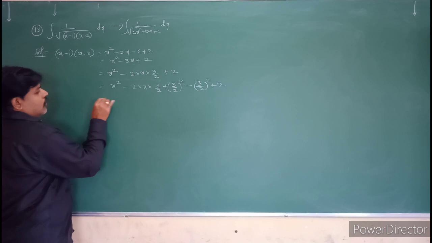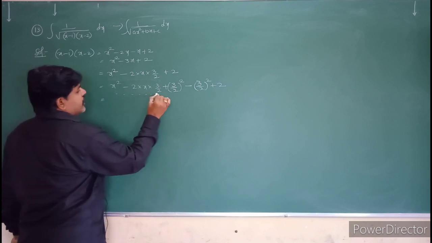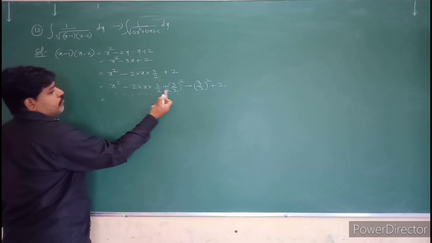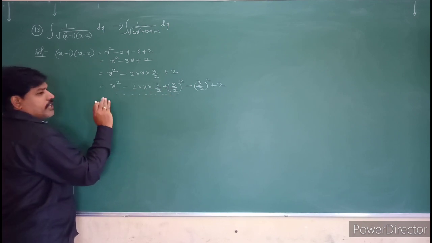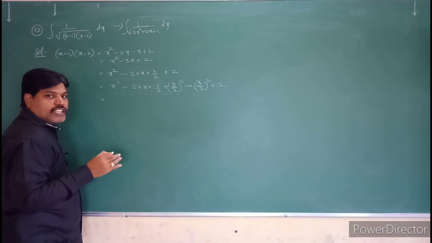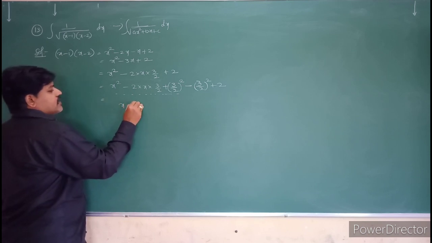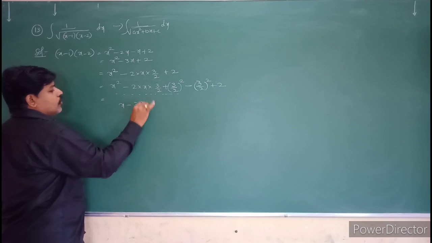Okay, so observe these first 3 terms. What is this? a square minus 2ab plus b square. So it will become (a minus b) whole square. So this problem will become (x minus 3 by 2) whole square